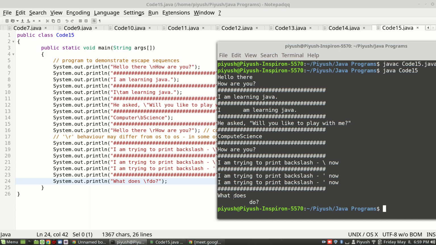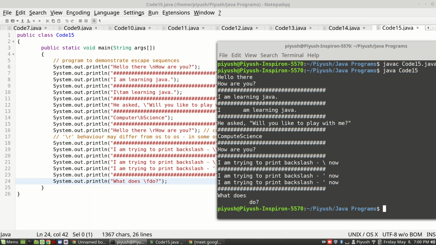It took it to the next line, but it didn't take it to the start of the next line. Right below where it's supposed to be. Correct, your observation is 100% correct. So what it did was, it printed whatever it found before \f as it is on the current line. Wherever it found \f, it changed to the next line. However, it printed whatever was left to be printed from where it should have printed in the previous line itself. That is what form feed does.